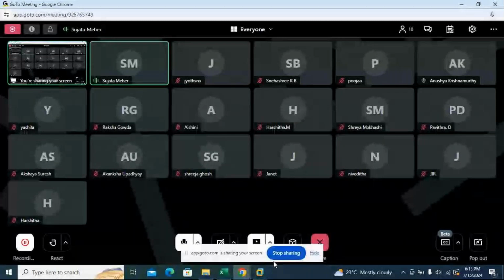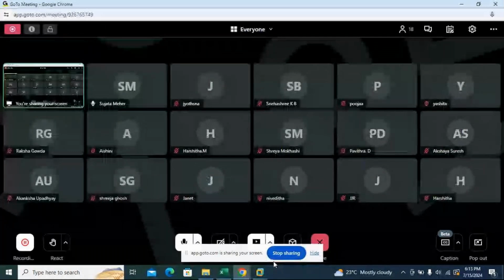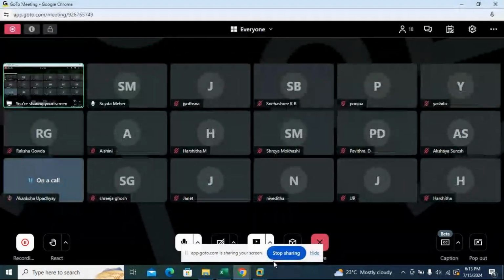Then click on OK. Nothing else you have to do. Click on OK. Is it accepting? Okay, fine. The screen has come.